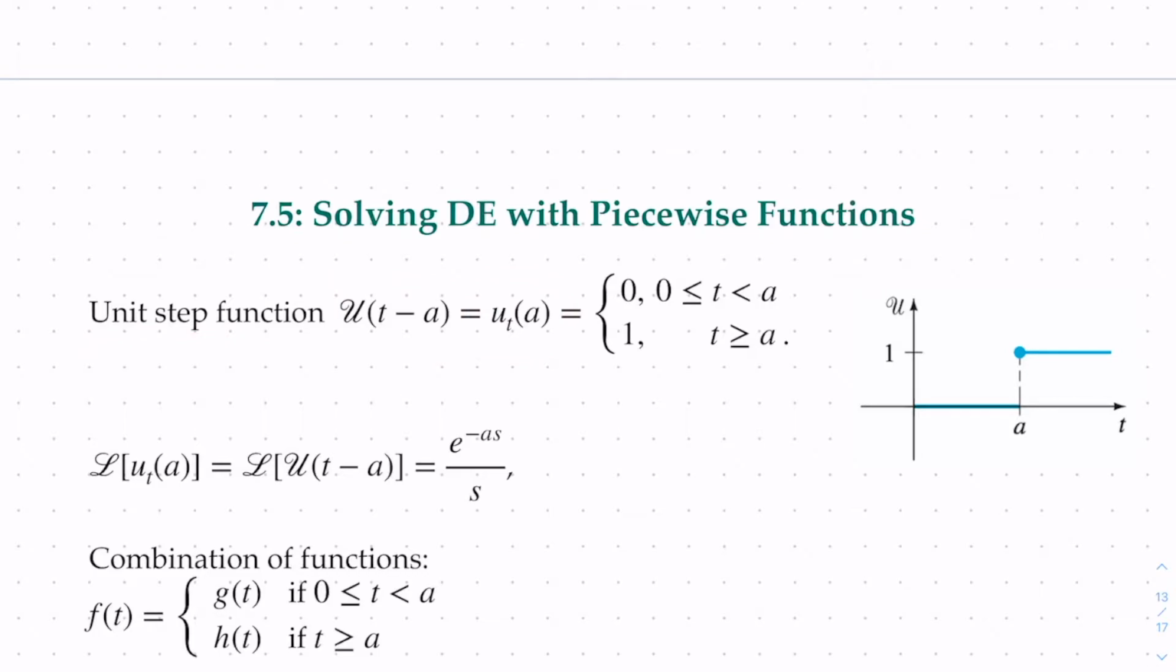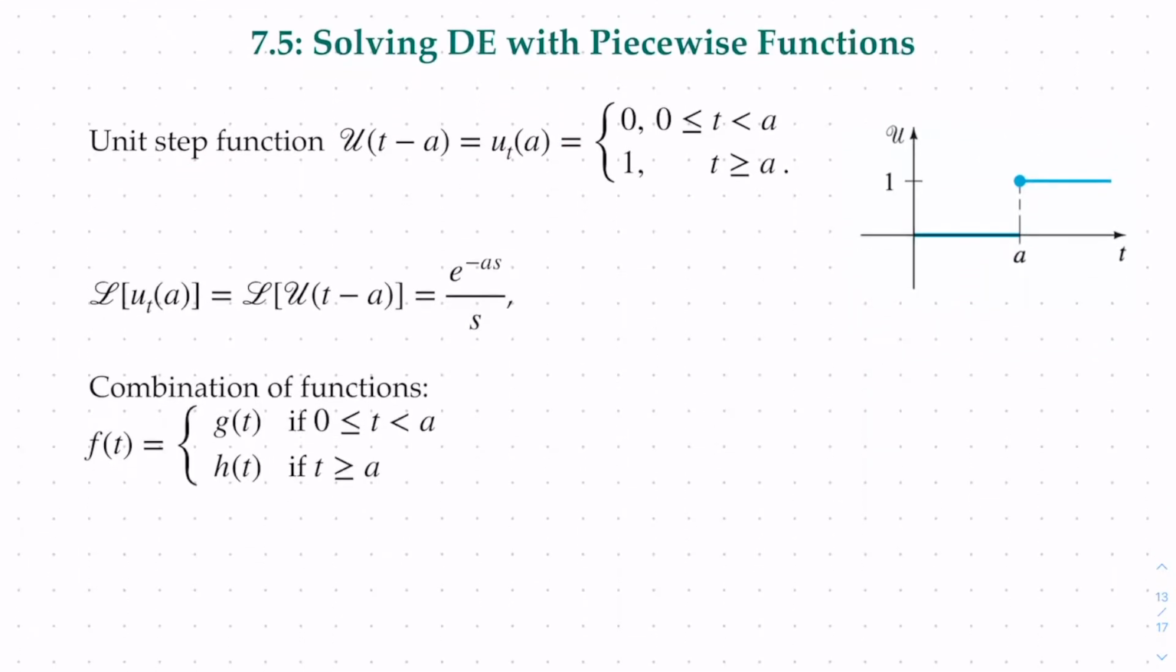So first things first, we are interested in finding the Laplace transform. Let's figure out how the Laplace transform works for this. The Laplace transform of this unit step function is e to the negative as over s. Let me quickly show how that is. If you take a look at the Laplace transform of this unit function u of t minus a,